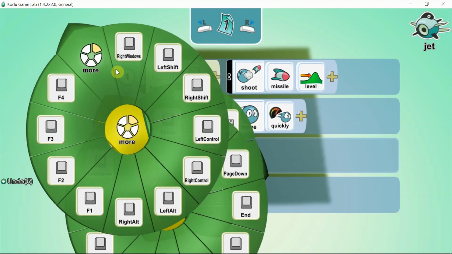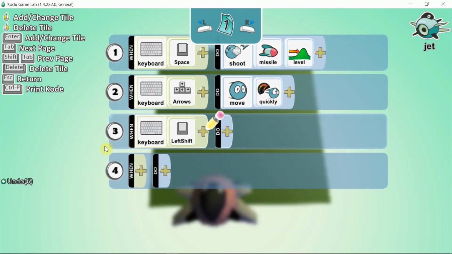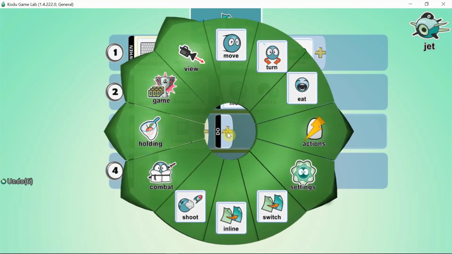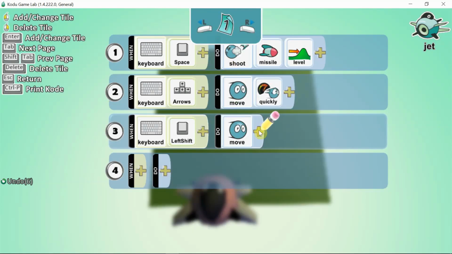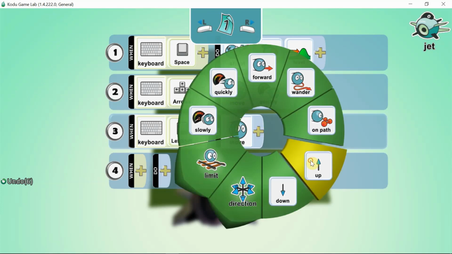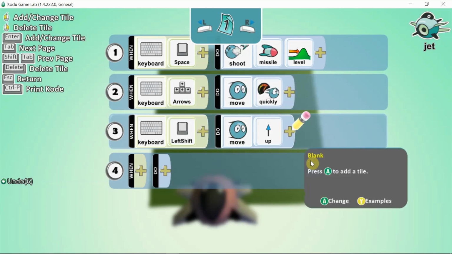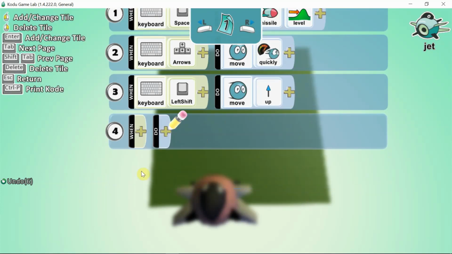I am going for left hand side shift key, left shift, and for left shift I make the jet move up, so my jet will take height.